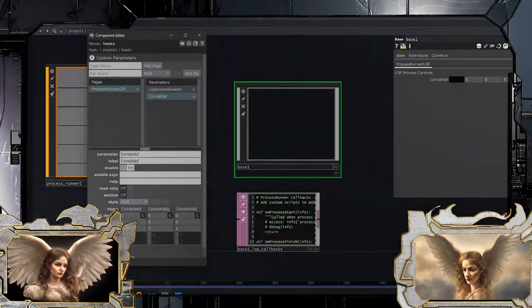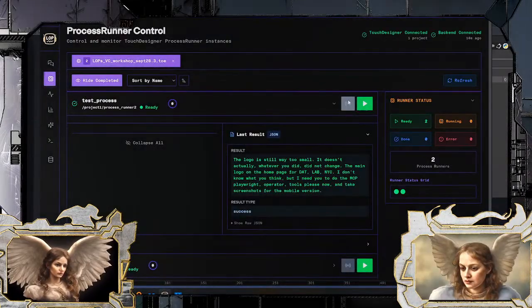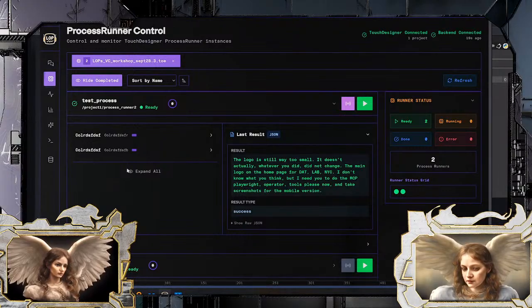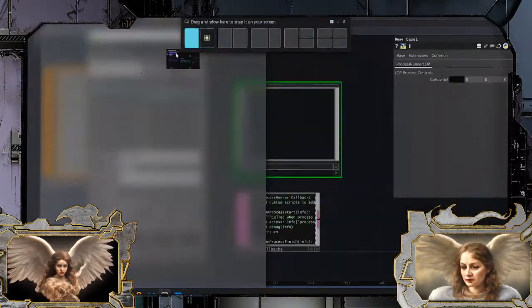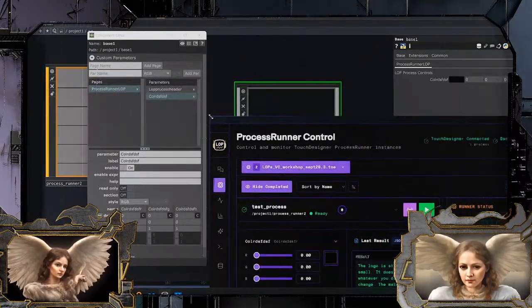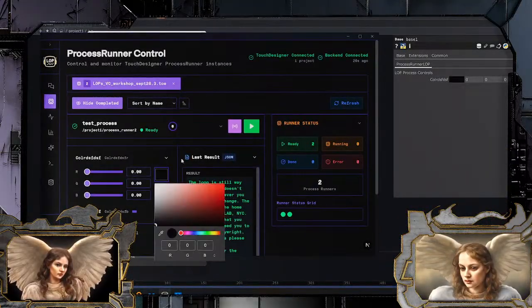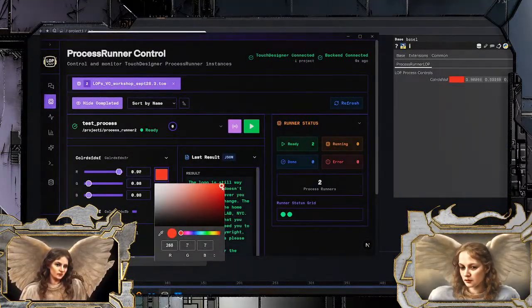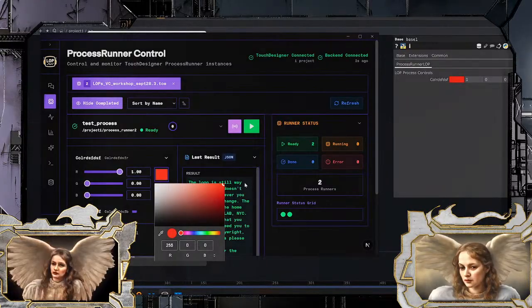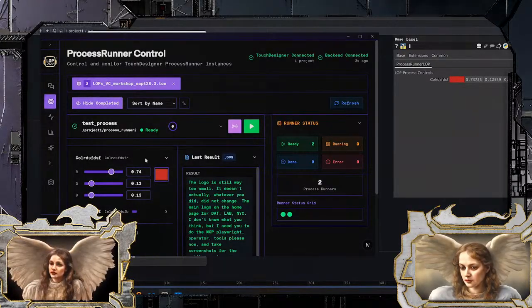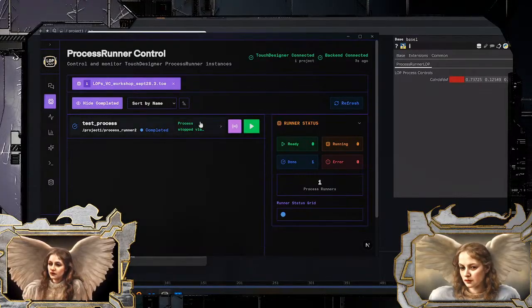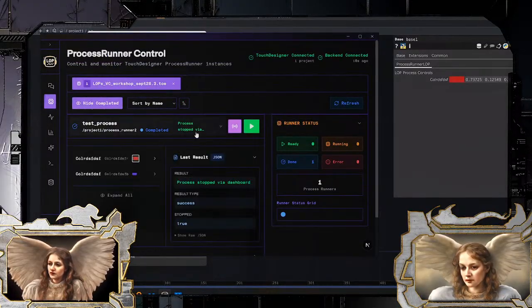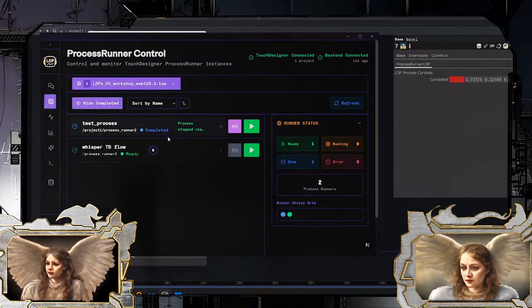Now I've got a color, and hopefully here, oh, Calypso, we've got a color component. Should be able to control this live, yeah. So this now is controlling touch, and you can also write logic, start and stop these processes.